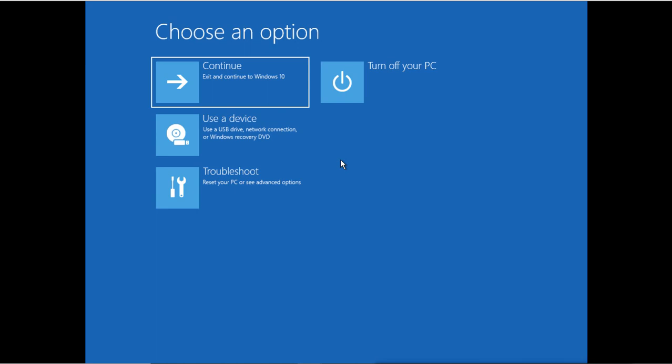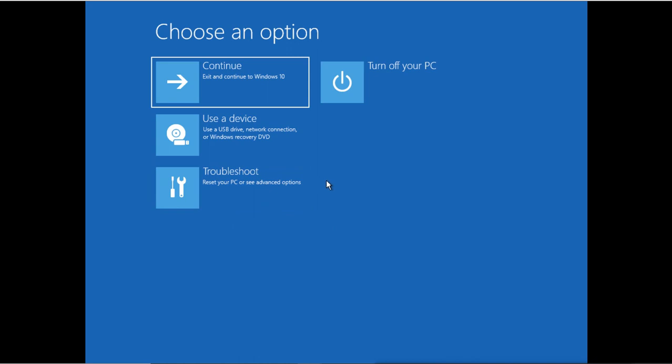So this is your Windows recovery environment, and this recovery environment comes from Windows 10 itself. It is installed with Windows 10. Now suppose this one is also not working, and your Windows is not going into this recovery environment because this one is also corrupt. Then you can start it from the recovery disk. Either you create the recovery disk, or you can start it from the bootable disk, your installation DVD. So I'll show you from the installation DVD. Boot from the installation DVD, and then you can go to this recovery environment.